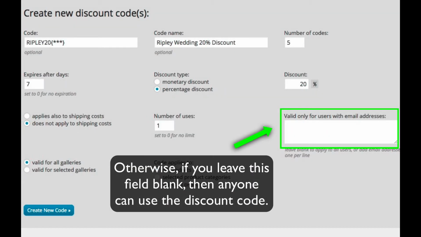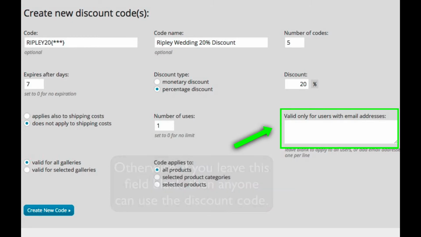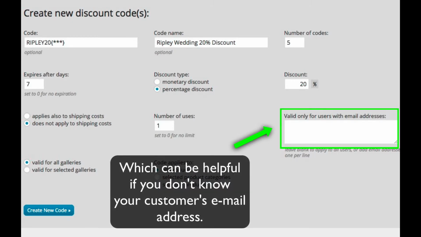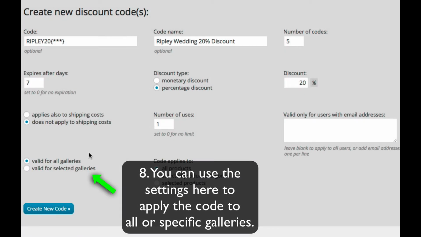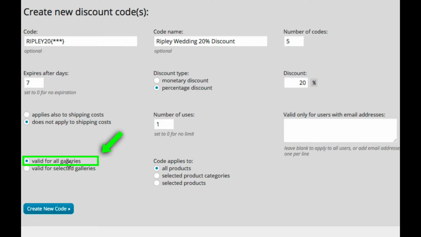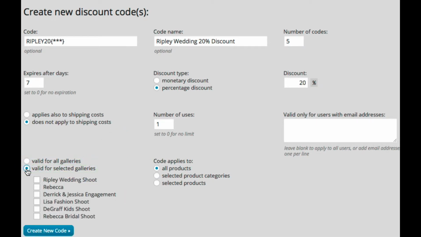If the email field is left blank completely, the code can be used by any user. In our example, we'll leave it blank since we don't know any of the email addresses of our customers. This next option allows you to apply the discount code to all galleries you create or only to selected galleries. In our case, our code is for a specific wedding gallery, the Ripley wedding shoot, so we're going to indicate